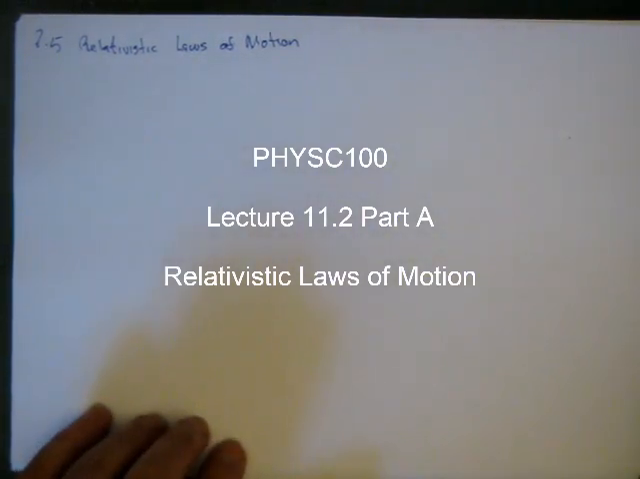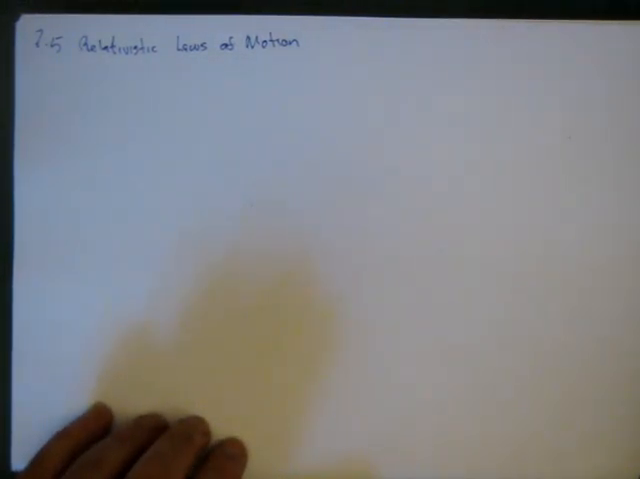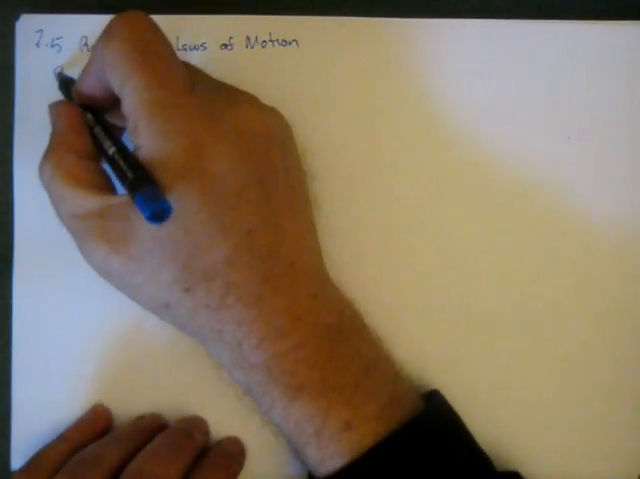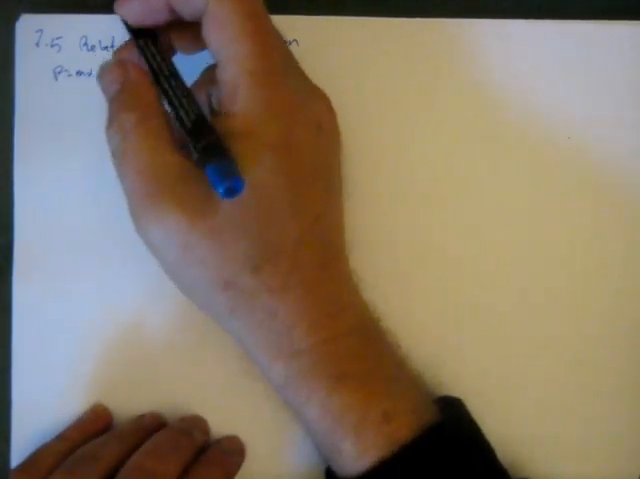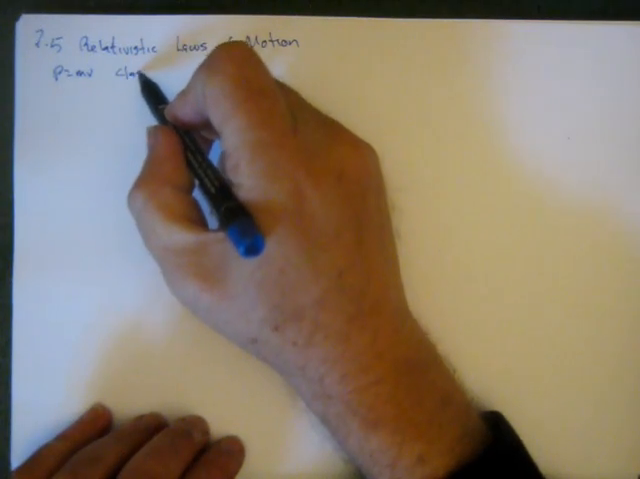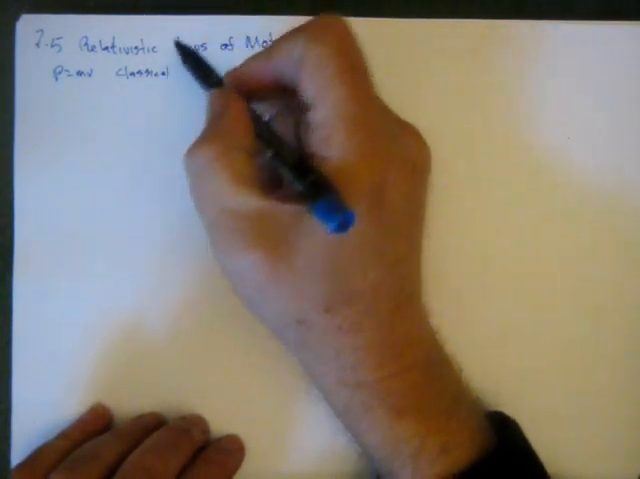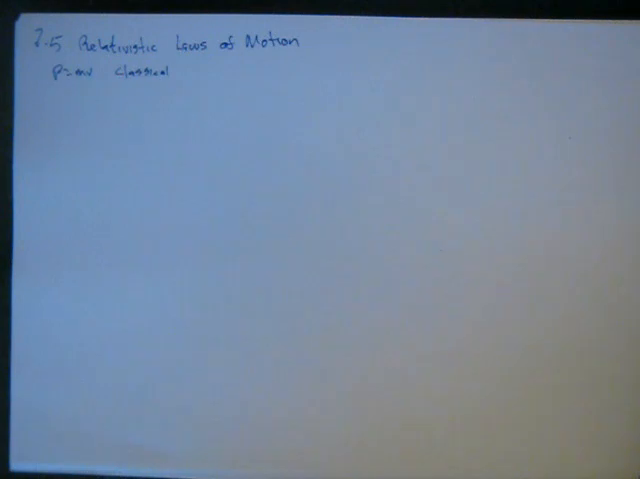So now we're going to talk relativistic laws of motion. And we're going to start off with momentum. Remember, momentum p equals mv. That's the classical version. But one of the other things that changes when an object's in motion is